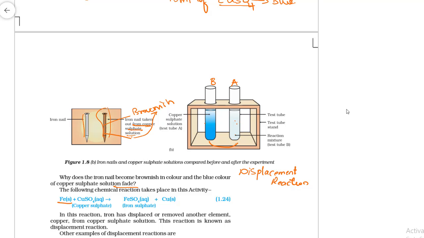So here they gave the reaction. It is iron plus copper sulfate solution. Iron is going to react with the copper sulfate solution to form iron sulfate, and copper is separated. Okay. So here one element is displaced by another element. Here copper is displaced, actually it is CuSO4, right? So copper is displaced by iron. So we got FeSO4, iron sulfate or ferrous sulfate.